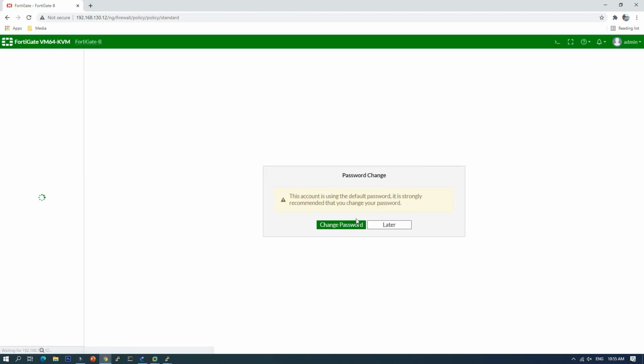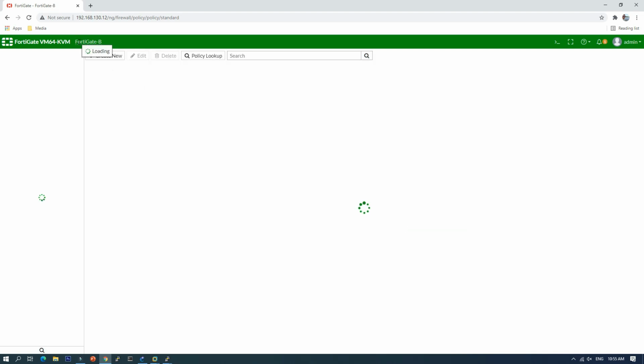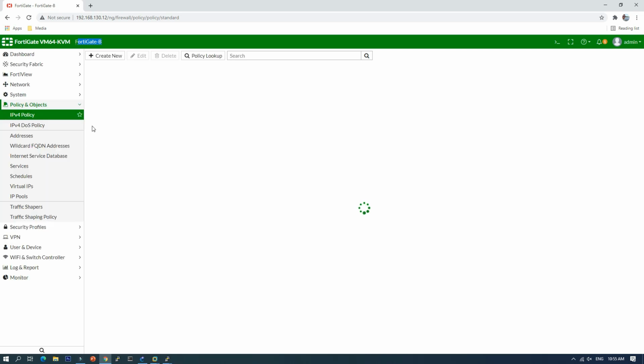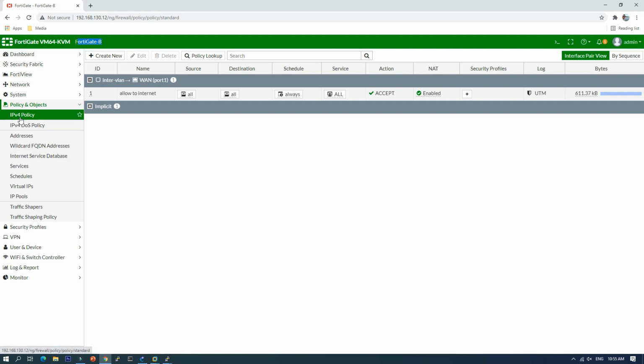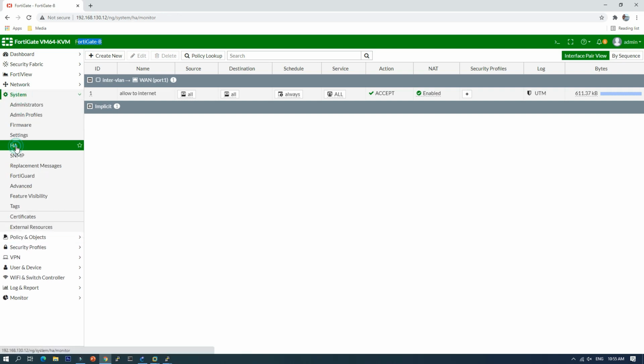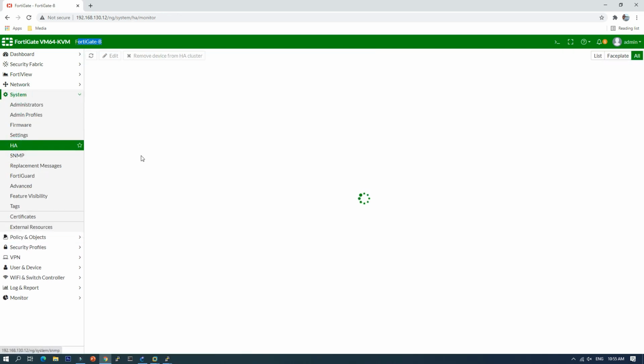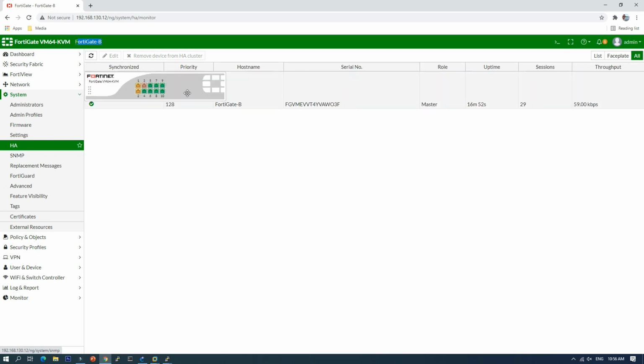So now it becomes FortiGate B. And if we take a look at HA, now FortiGate B is a master. Okay.